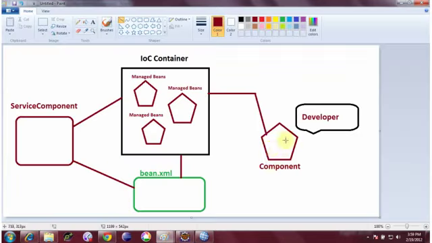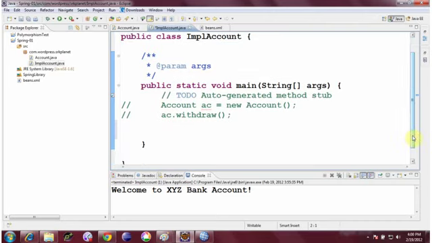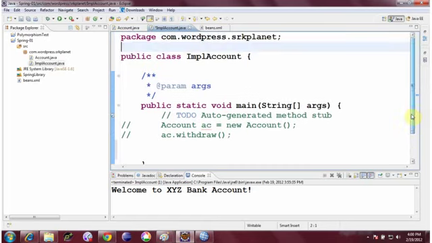Okay, so let's come to the implementation class and how we are going to access this. As you can see in the diagram, this component will not be accessed directly, but via this IoC container. IoC container means the Spring framework. The framework provides certain specific interfaces and classes to access those managed beans when they are loaded inside the container. One of these interfaces which I am going to talk about is BeanFactory, that resides